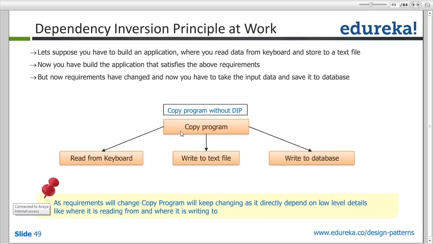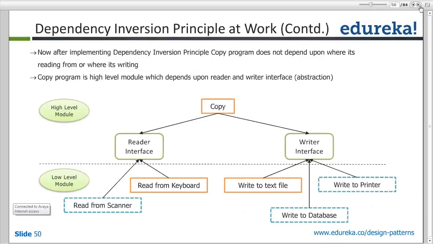Now in here, the copy program knows that the source is a keyboard and a destination could be a text file and or a database. That's why this is a clear violation of dependency inversion principle. Copy program is a higher level module, whereas reading from a keyboard is a very low level module. So how do we do a dependency inversion? We say copy program is going to use a reader interface, that's the source, and